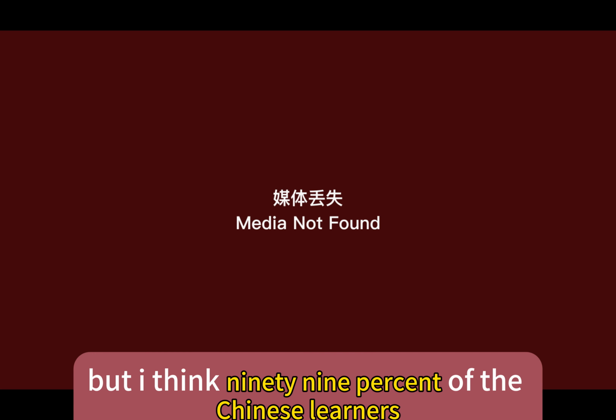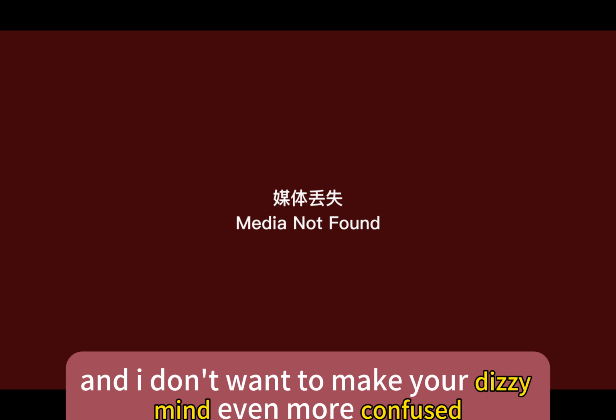For Chinese number expressions, there is more content, but I think 99% of Chinese learners will not encounter it, and I don't want to make your dizzy mind even more confused, so I will save it. So I always claim that it covers 99%. 我要休息2天了，拜拜。